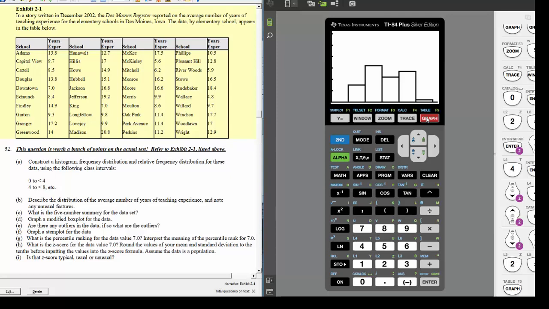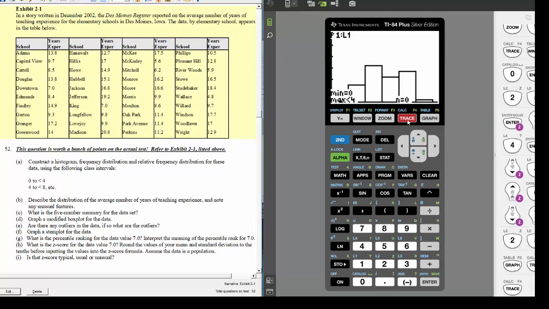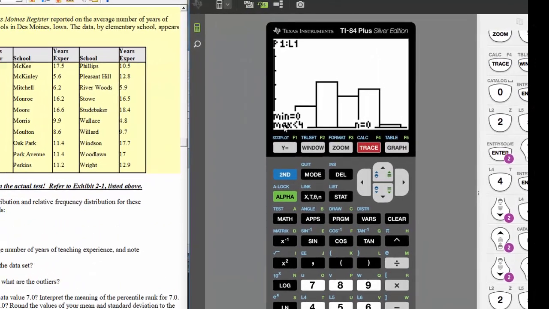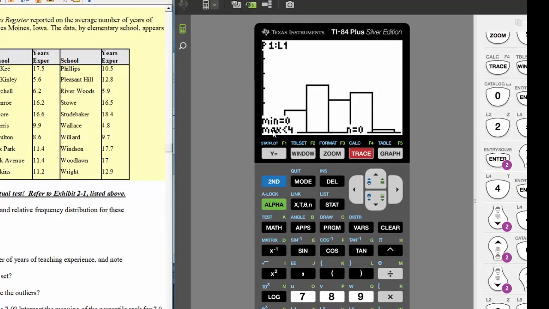I can tell that because my classes start at 0 to less than 4, 4 to less than 8, and I know that because when I press the trace button, it puts a cursor right here where the first histogram bar ought to go, and it tells me that the minimum X value in that bar is 0 and the maximum is 4. And also there's something over here, it says n equals 0, and that's to tell me that